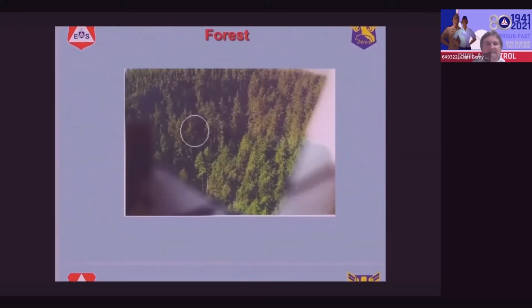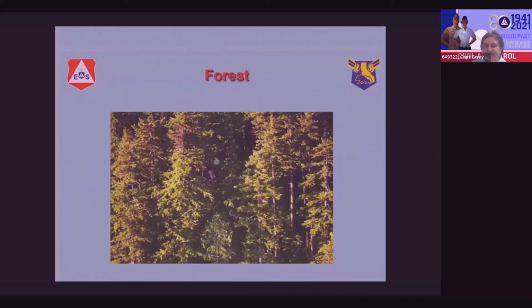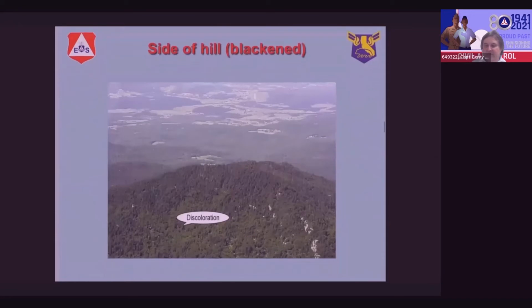So here's some actual aerial photographs. And you see right here, you really can't see much of anything. It looks pretty much the same as the rest of the area. But as you get in closer, now there's something that just doesn't seem right there. You're not really sure what it is. It definitely doesn't look like an airplane, but it doesn't look like it belongs there either. Another example,